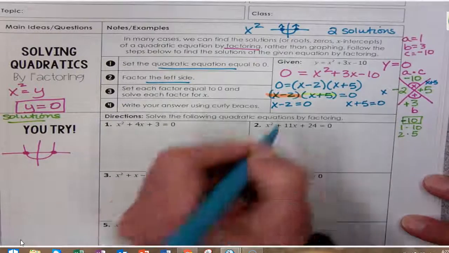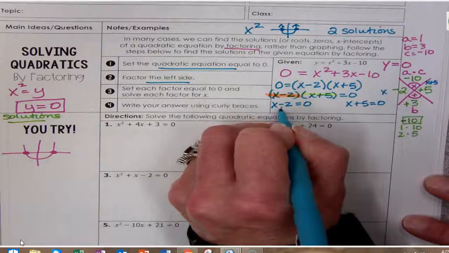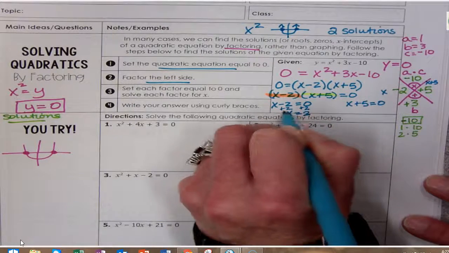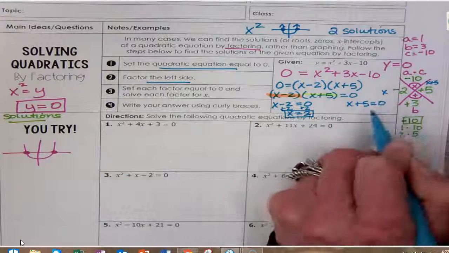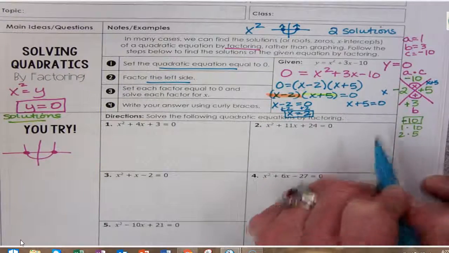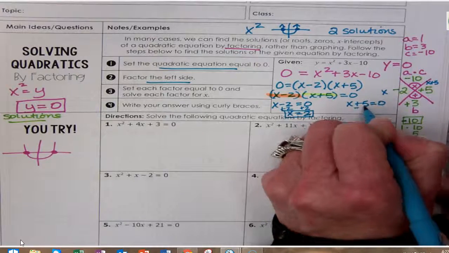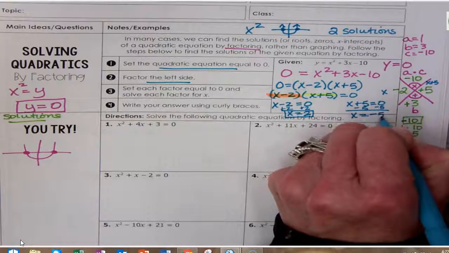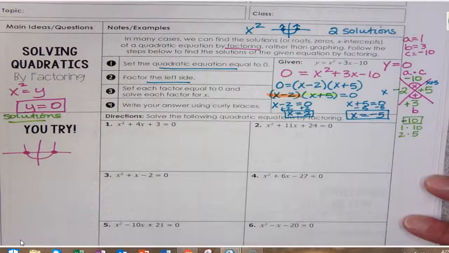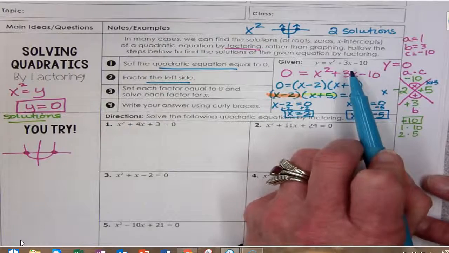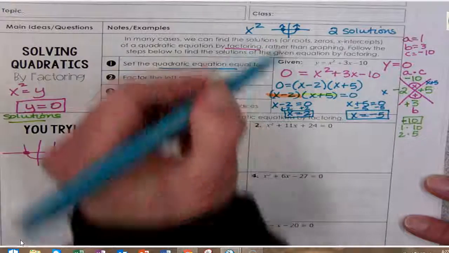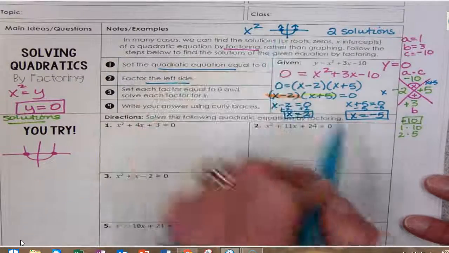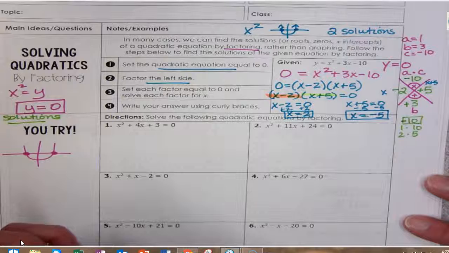Well, you solve that, and to solve that, you'd say, okay, I'm going to add 2 to both sides and get x equals 2. So there's one of my solutions. Subtract 5 from both sides, and I'm going to get x equals negative 5. There's my other solution. So this graph right here is going to cross the x-axis at negative 5 and at positive 2. Those are your